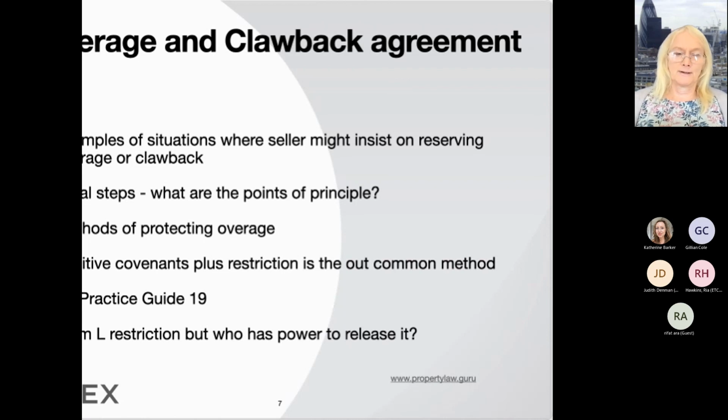If you're a builder or a seller, you've got diametrically opposed views on that.